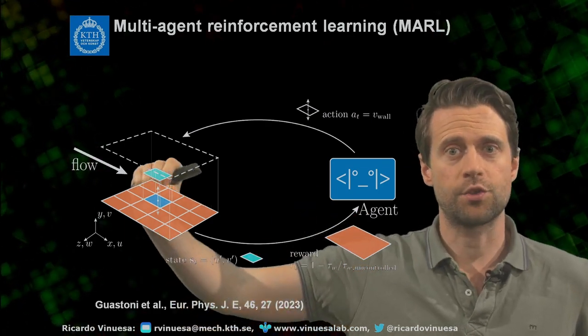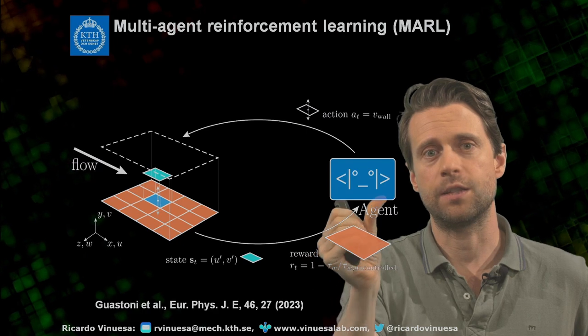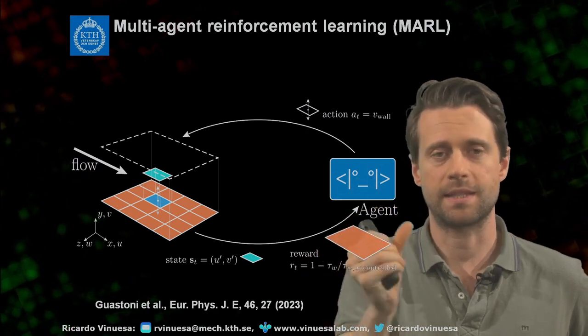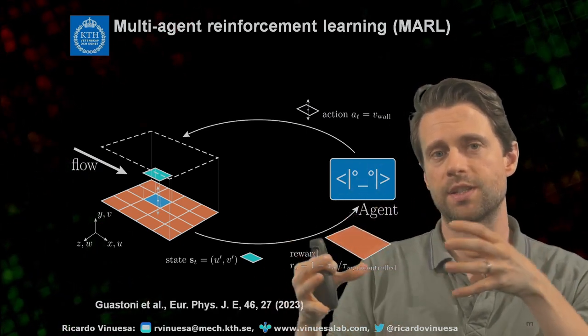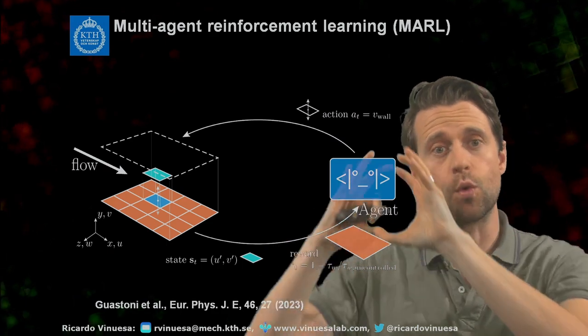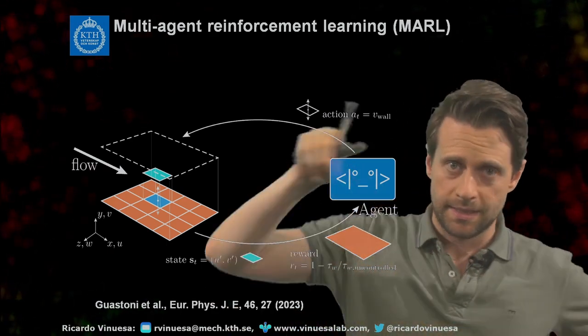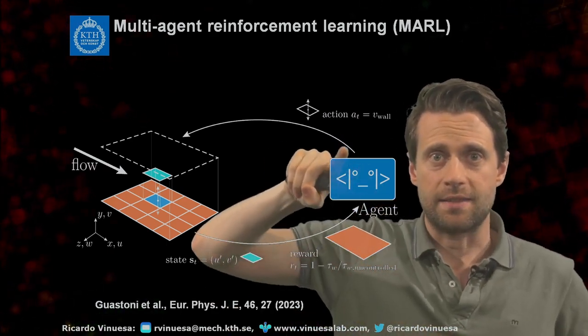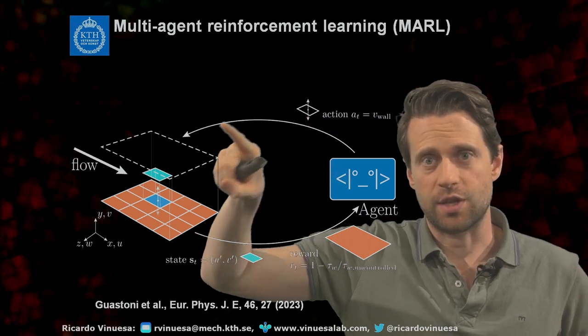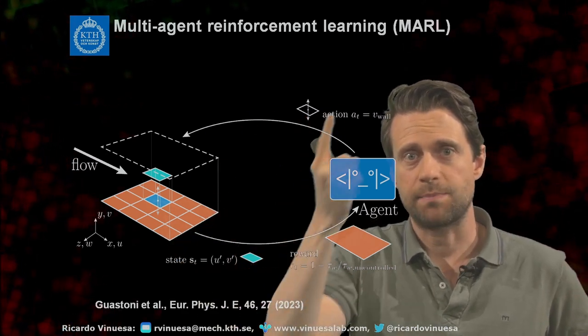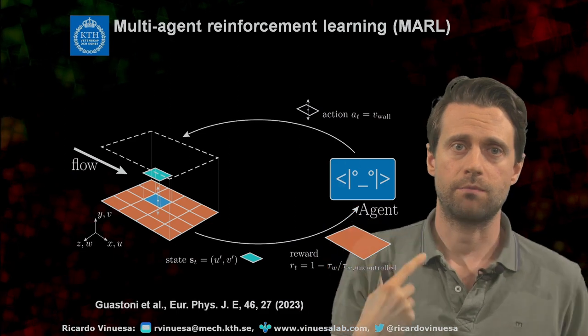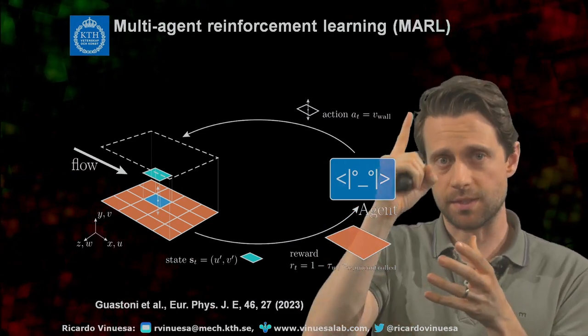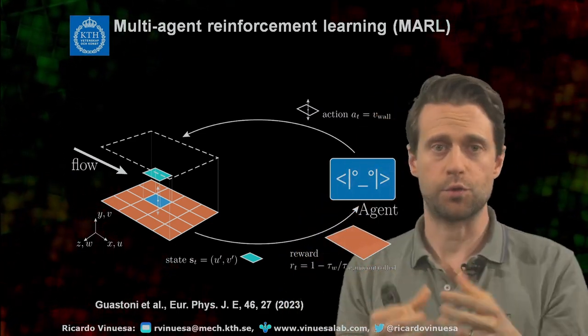And then each of those pseudo environments is feeding into the same agent. So basically, each of those independent agents is sharing parameters in one big neural network. This agent is going to decide then the action, and the action is going to be applied at the wall, and that's basically a wall normal velocity. So a wall normal velocity that can be positive, that's blowing, or negative, which would be suction.